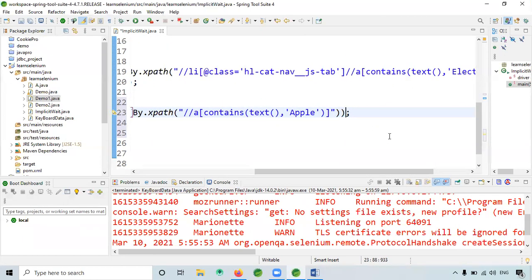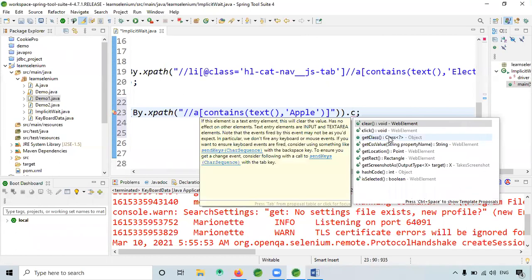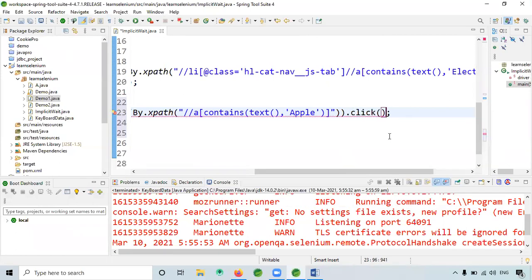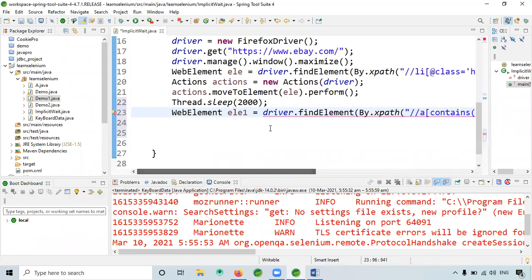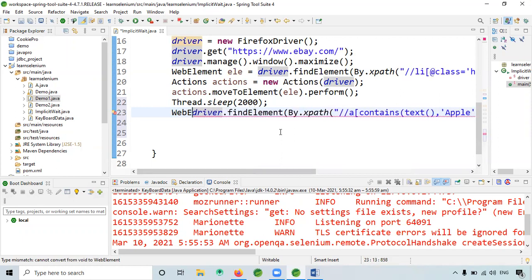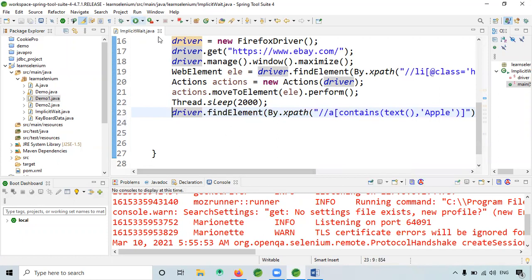So for that, dot click. Let's see whether the Thread.sleep method will work for that corresponding element or not. So this is enough. Let's see. I run this.